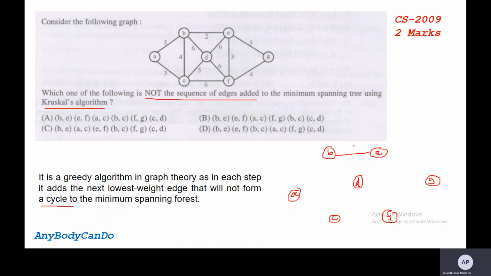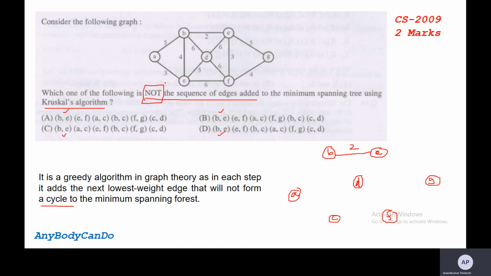This is the weight which is 2, and in the options you can also see which one of the following is not. So we will try to check which sequence is valid in Kruskal. The BE edge is 2, so here we have BE. So this one is correct, this one is correct, this one is also correct, and this one is also correct.